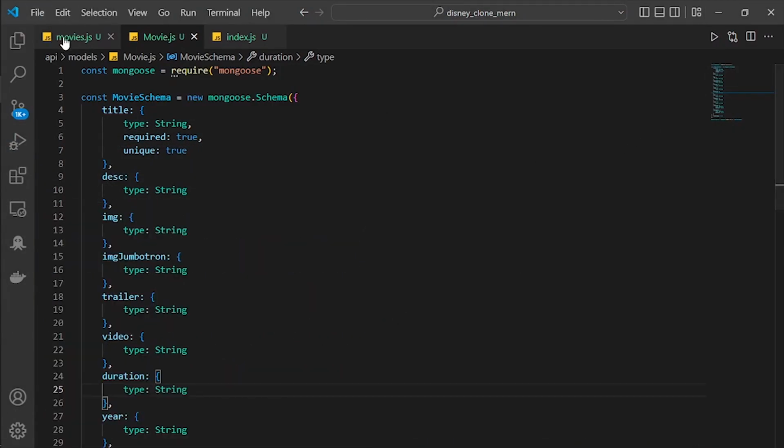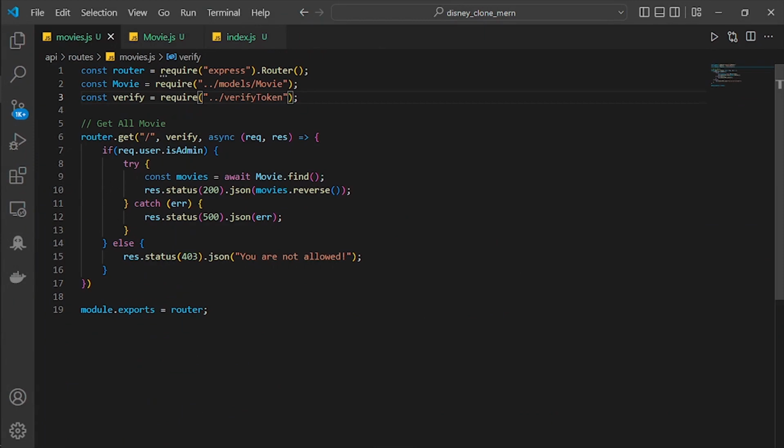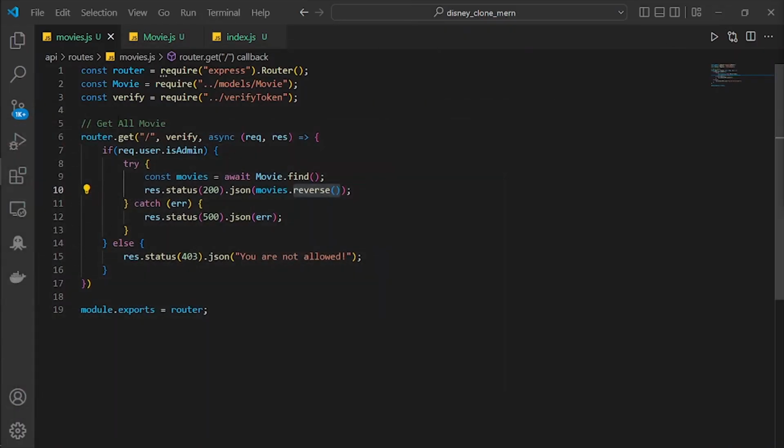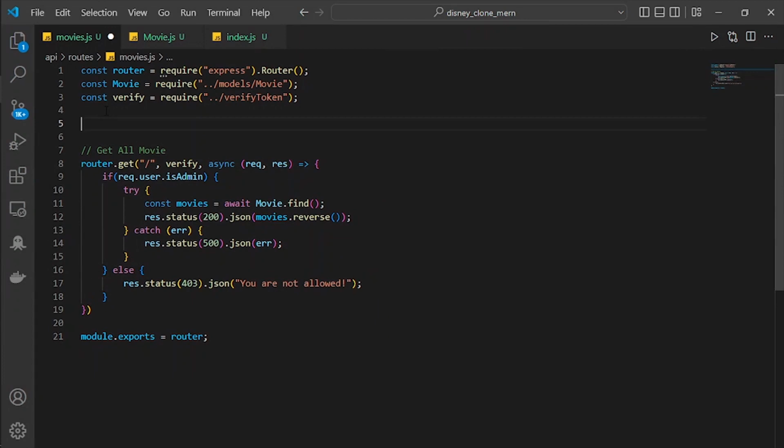I wonder why it is just giving us an empty array. Let me see. So I forgot, in here we are not adding any movies yet. So let's add the function to create the movie. Create movie. I'm sorry. The create movie route is going to be